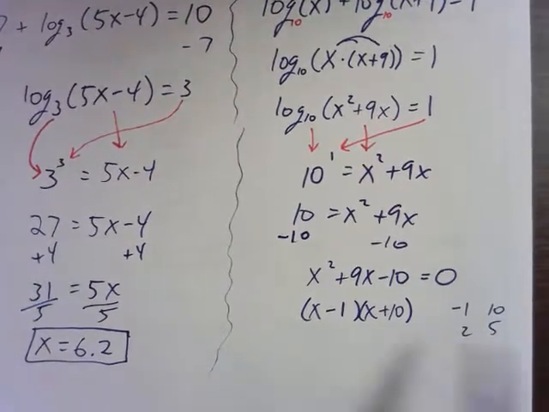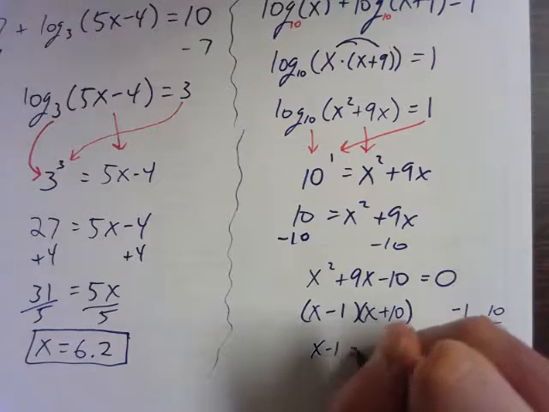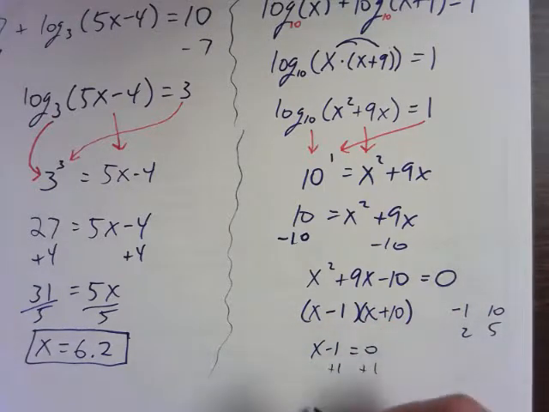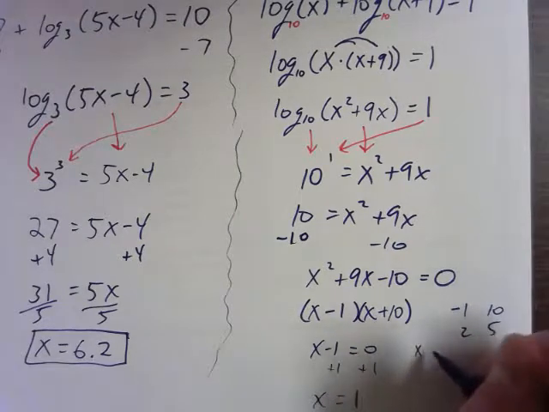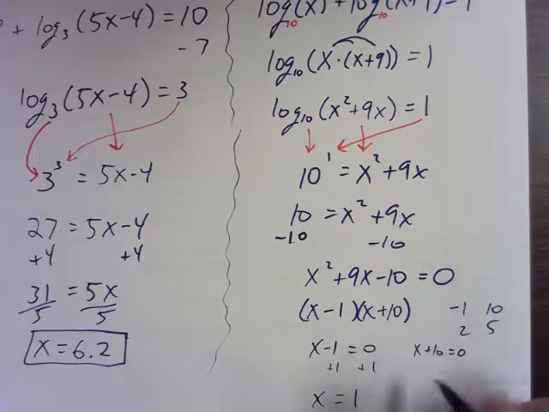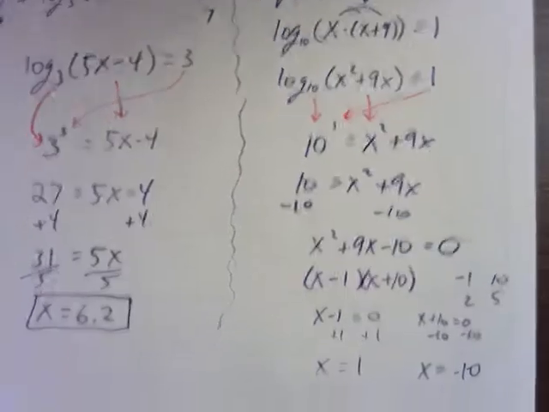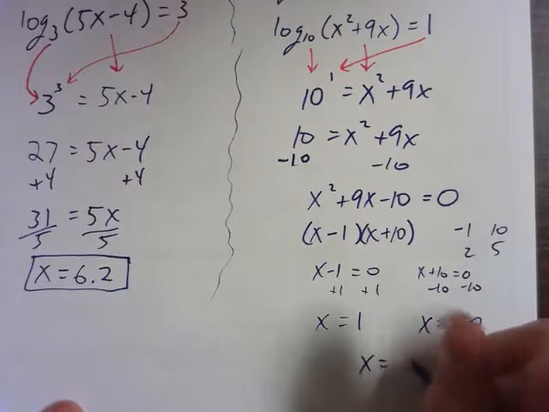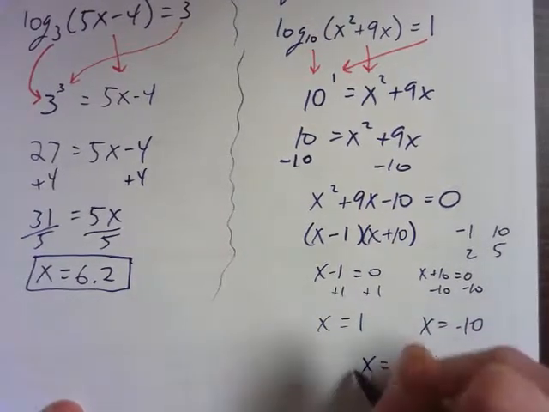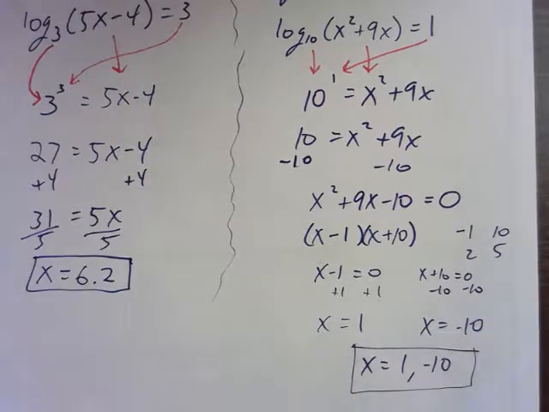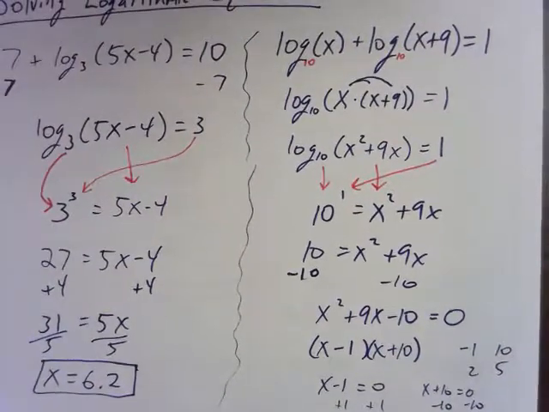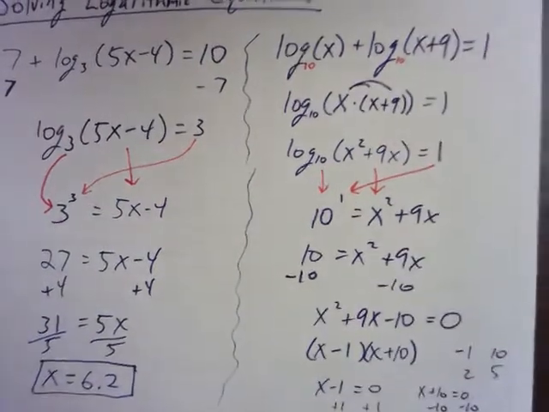And then when I set them equal to 0, I can say that x minus 1 equals 0, so add 1 to both sides, so x equals 1. And I also have x plus 10 equals 0. Subtract 10 from both sides, so x also equals -10. So I have x equals 1 and -10, and you say, okay, I'm done. But it's always a good idea, especially with quadratics, to double check your work. If I take a quick glance back up to the top and plug in my x values,